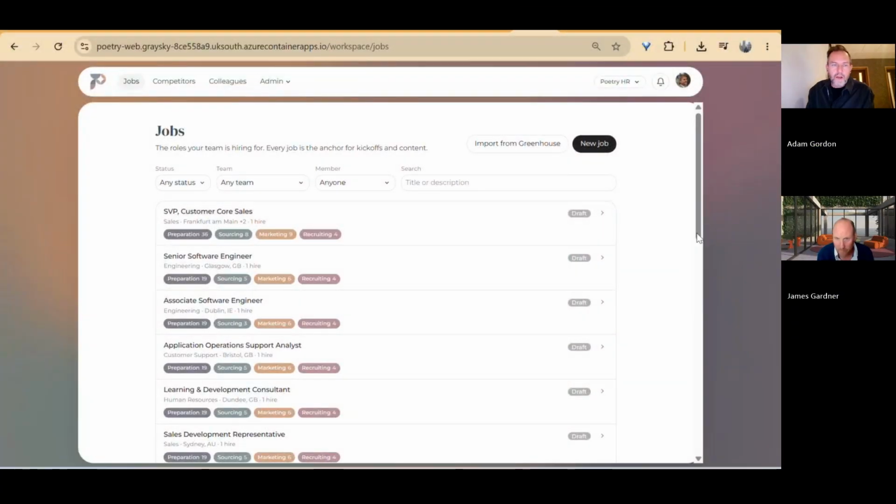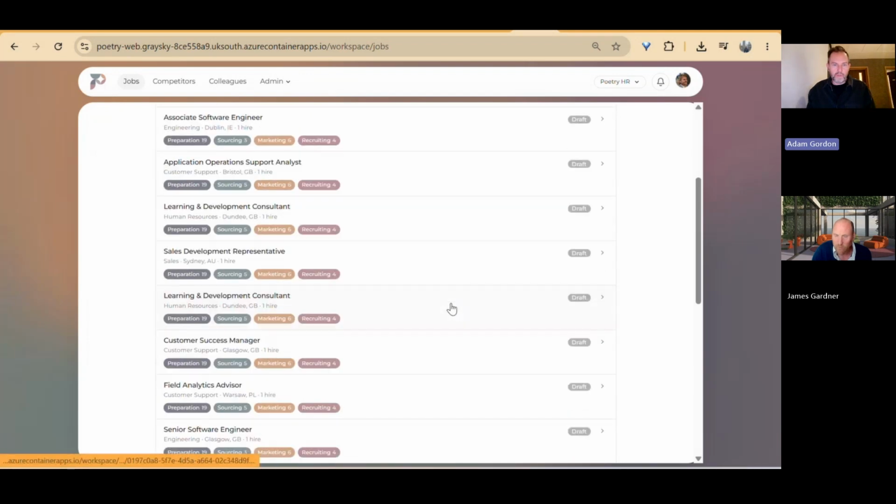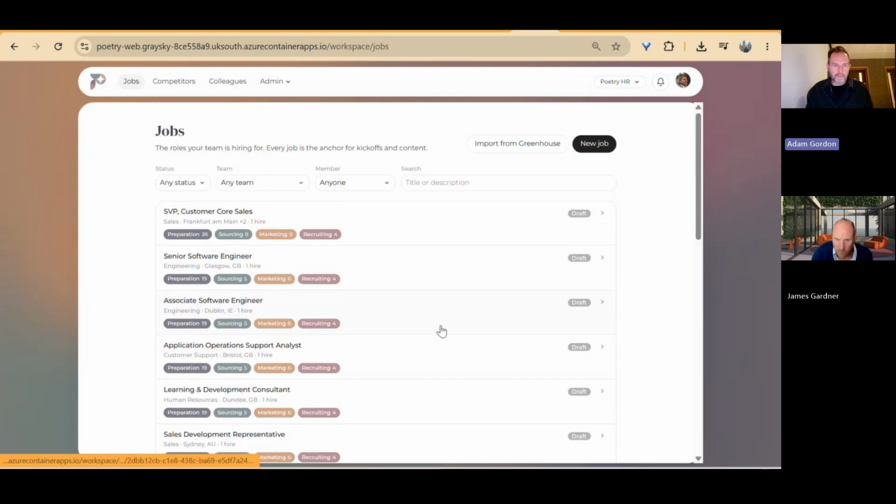Okay, so instead of the tile interface and the tile desktop, which took you into all of the individual solutions, one of the things we recognized is that recruiters live in jobs. They don't really live in assets. They don't really live in content libraries. They live in jobs. And what we recognized was every time somebody was building a new job in poetry, they were building a new playbook. And actually, as a better architectural structure around data, we want to be driving people into jobs. So every job will update every time somebody builds it afresh.